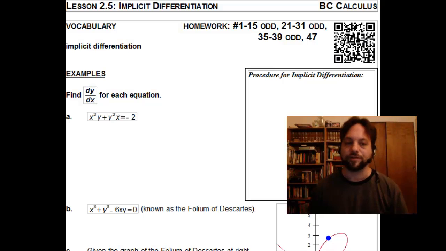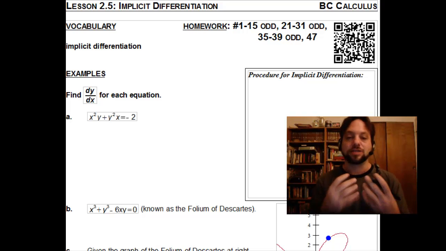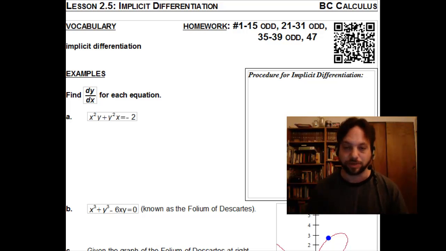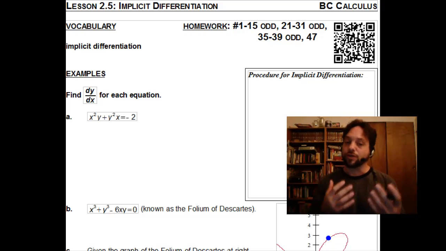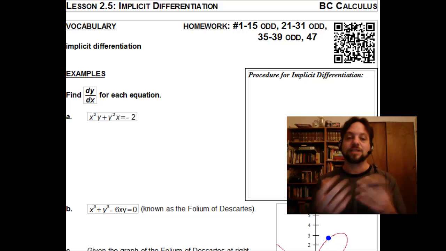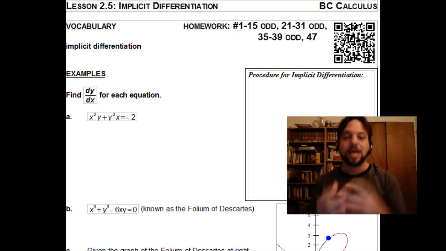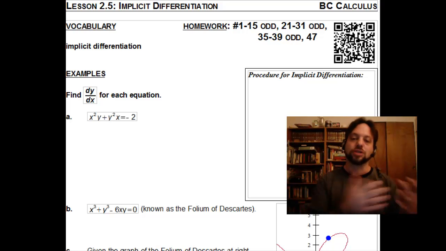In Lesson 2.5, Implicit Differentiation, we will learn how to differentiate a function that is defined implicitly rather than the explicitly defined functions that we've been dealing with ever since we learned about functions in the first place. Of course, before we learn about implicit differentiation, we should first try to realize the difference between an explicit and an implicit function, and then we'll know when to correctly use implicit differentiation as opposed to the other methods that